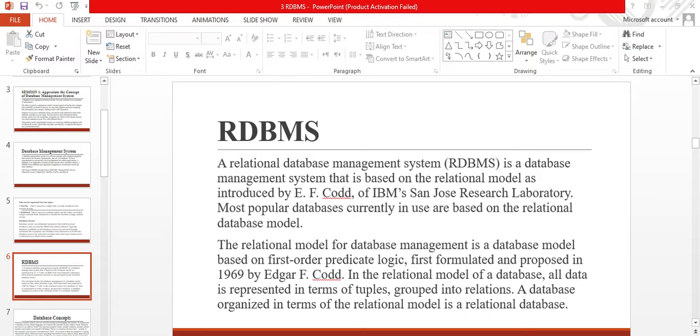Users directly state what information the database contains and what information they want from it, and let the database system software take care of describing data structures for storing the data and retrieval procedures for answering the queries. This is what the database is exactly, what information we are saving, how we are keeping it, and let's learn about the database concept, how this database is working.